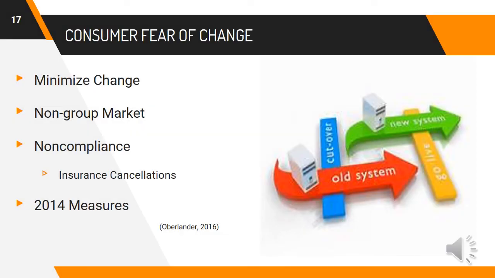The Obama administration tried to minimize fear of healthcare reform by building upon the existing healthcare structure. They created the Affordable Care Act, keeping in mind to minimize the amount of change in individuals' current policies. This worked for the majority of policies, but not for about 5% of the population. Most political analysts saw the non-group market as expensive and unfair to persons with pre-existing conditions. This same issue made it non-compliant upon the implementation of the Affordable Care Act for those who made changes to or initiated such policies after 2010.